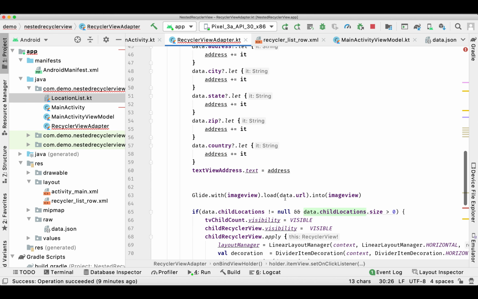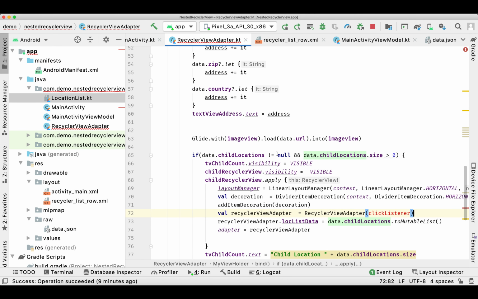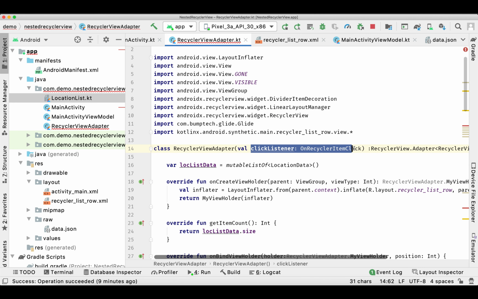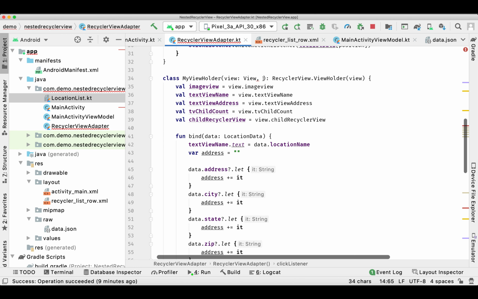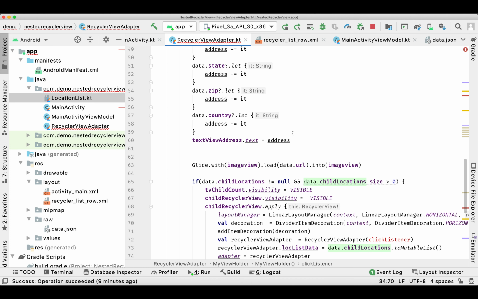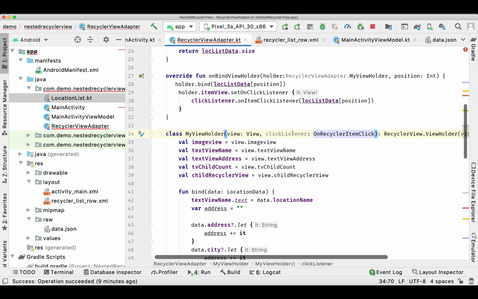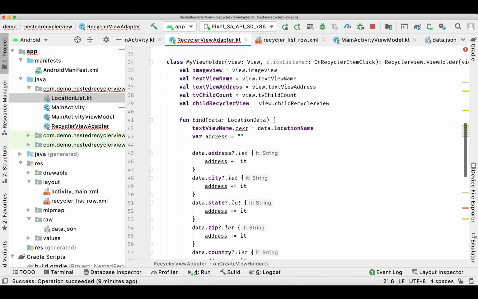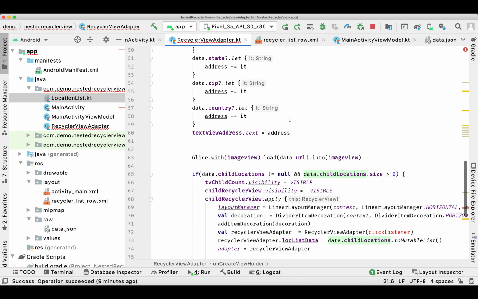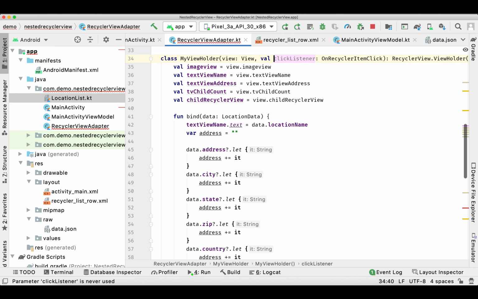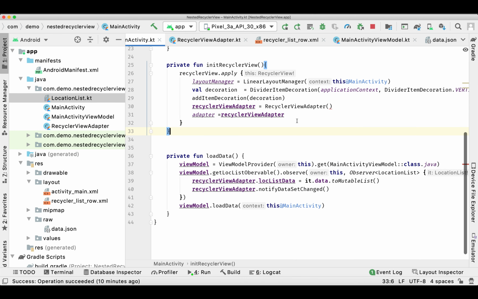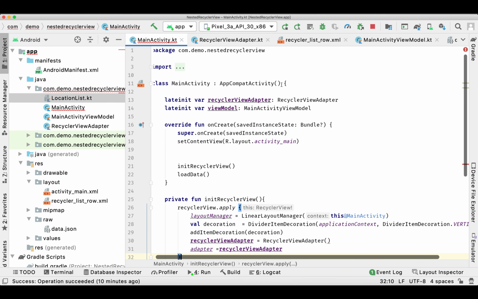Now we'll implement this same interface inside our main activity, and the same listener we need to pass to our child adapter. Now we'll implement the same interface here.